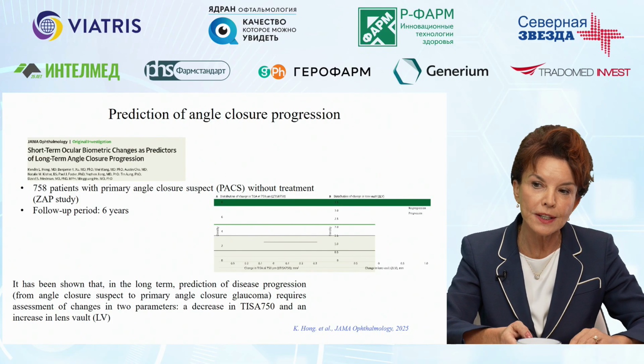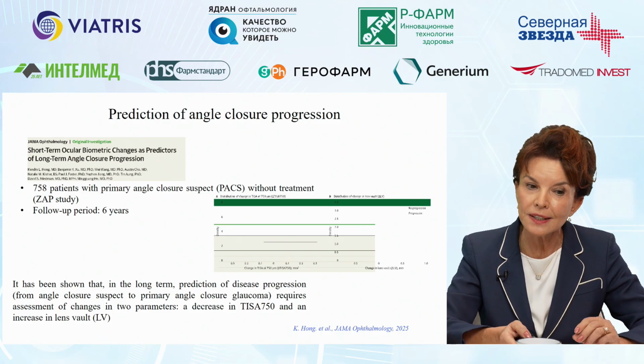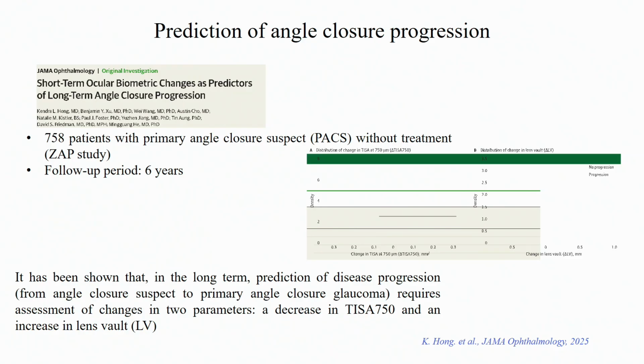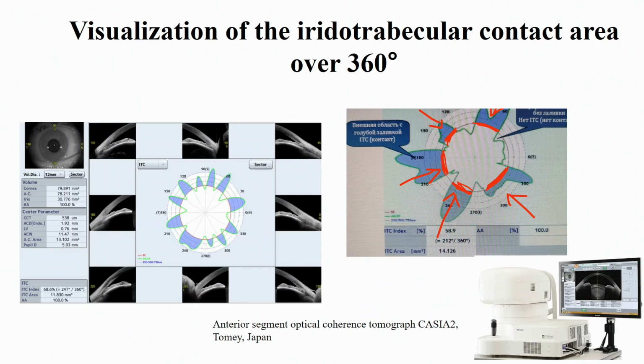I'm not going to give you the conclusions, but let me just give you the recent data concerning this study. It turned out that for monitoring of these patients, and not all patients should be subjected to laser iridotomy, it's impossible to monitor the dynamics. I would like to emphasize the dynamics of two parameters that could be seen on the OCT of the anterior segment. These are the same parameters, the area of the space and the height of the volume of vault of the lens. But there is a need to monitor patients,